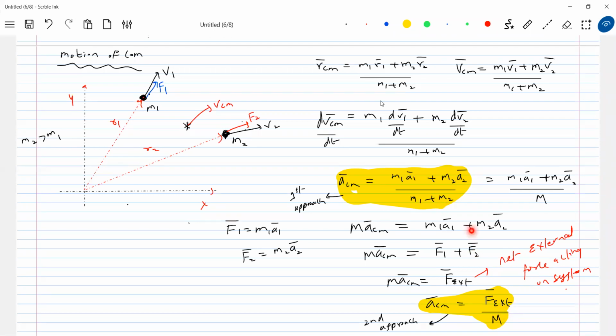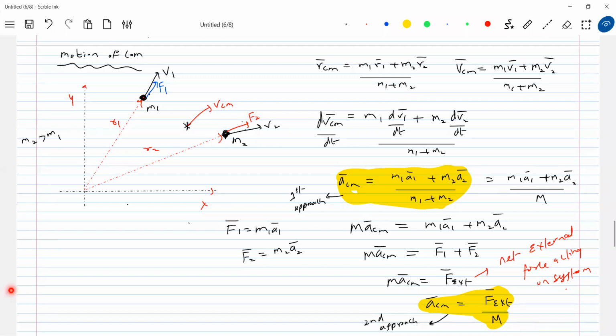Now we are in a position to define external and internal forces. Already we had some small idea in laws of motion, but here we are going to give a clear-cut idea of which is external force acting on system, which is internal force. Till then I should not talk about internal external. Now I am in a better position to talk about internal external.